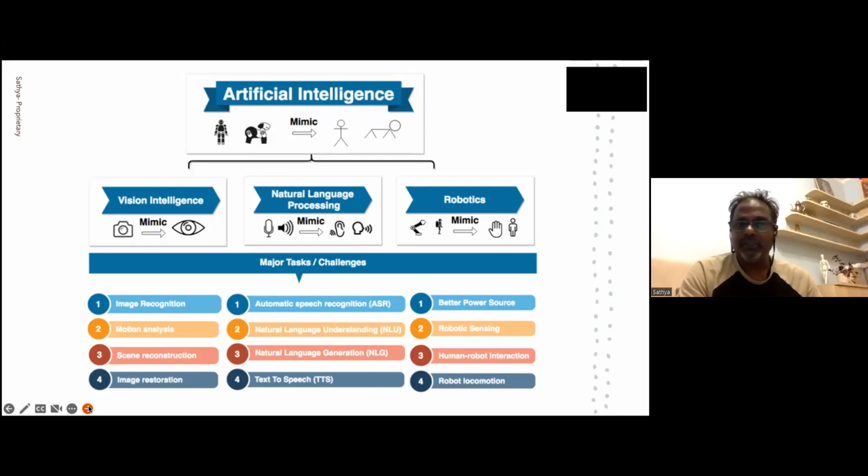You have vision intelligence, then natural language intelligence, which has to do with voice recognition, speech recognition, etc. And the last one has to do with sensing, the way human beings can sense. And if these three can be achieved, probably living as I